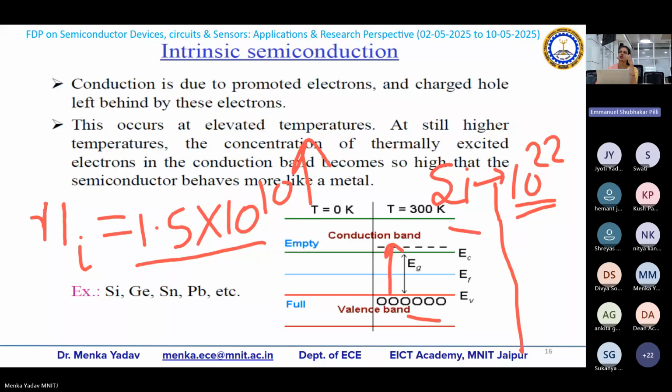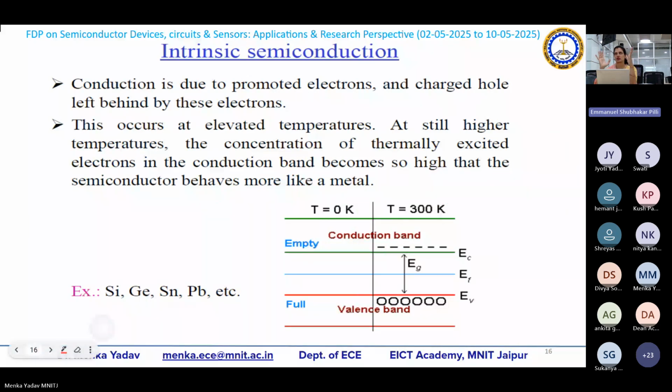Lowering the temperature to 0 degree Kelvin, there is no thermal energy for the electrons to come to the conduction band. So at 0 degree Kelvin, you can see over here, there is no empty place in the valence band, and hence there is no running electron in the conduction band. What is the hole? First, let us come to the point. Hole is the vacancy of an electron. Let us assume that you have a class. In your class, there are different branches.